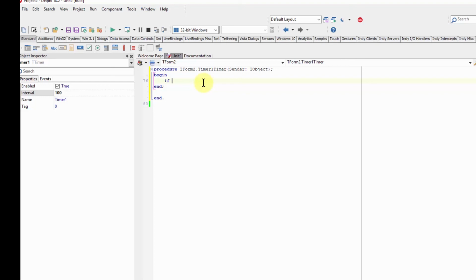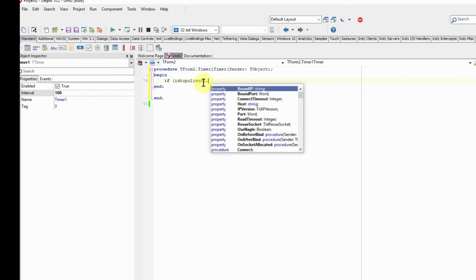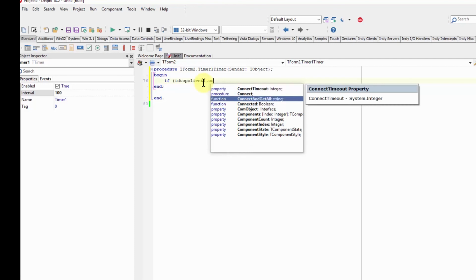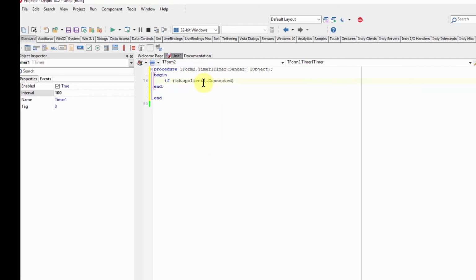We look if the ID TCP client 1 is connected first. We have to have it then here, and if that's the case, we test if the ID TCP client 1 socket